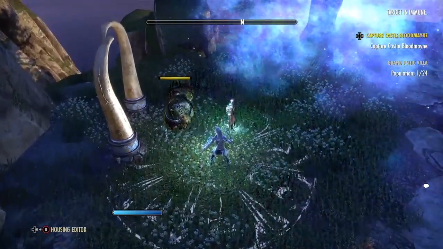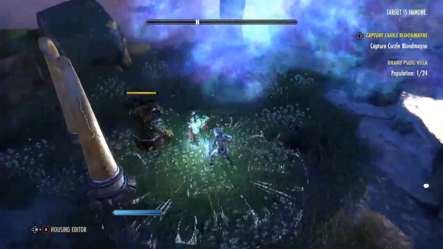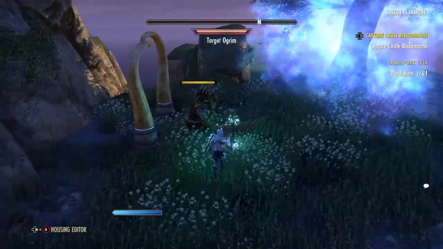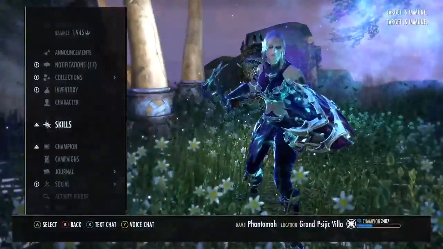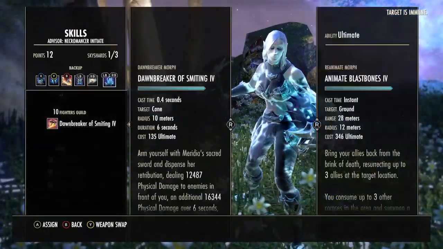But the totem, it comes up, there's a cast time. Let's count it. 1, 2, 3, two to three seconds before they actually get stunned by anything. This one, bam, just like that. So you have